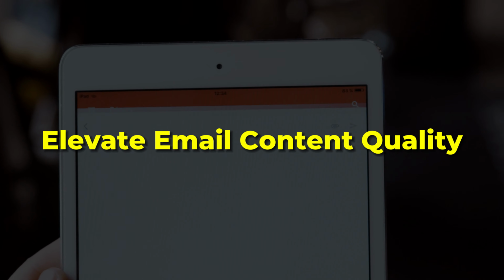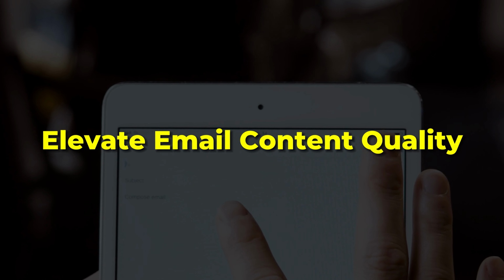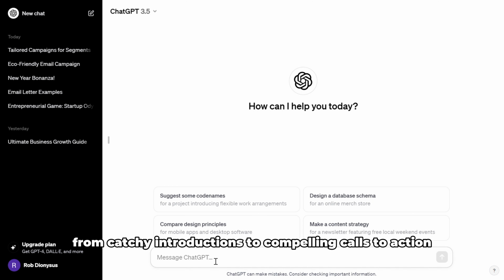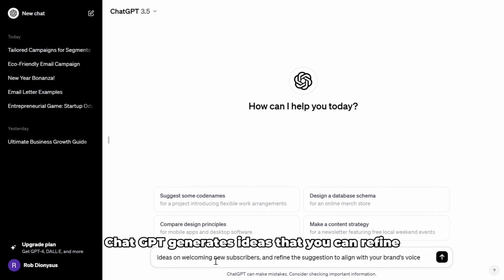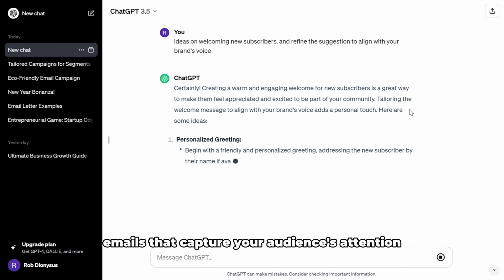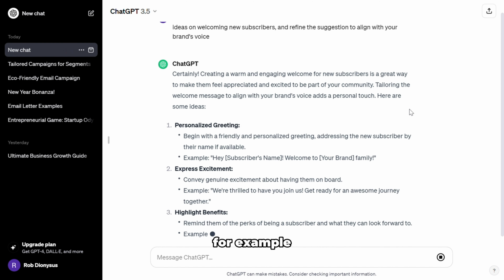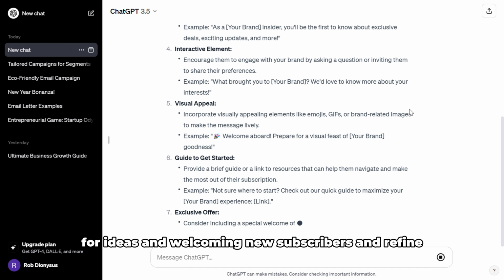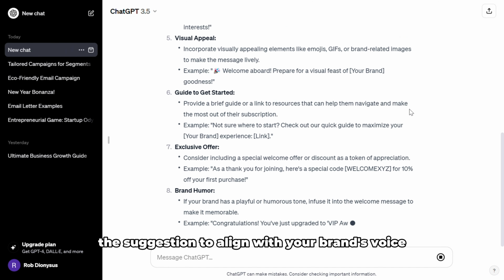Number 4. Elevate email content quality. Elevate the quality of your email content with ChatGPT. From catchy introductions to compelling calls to action, ChatGPT generates ideas that you can refine. Craft engaging and persuasive emails that capture your audience's attention. For example, you can ask ChatGPT for ideas on welcoming new subscribers and refine the suggestion to align with your